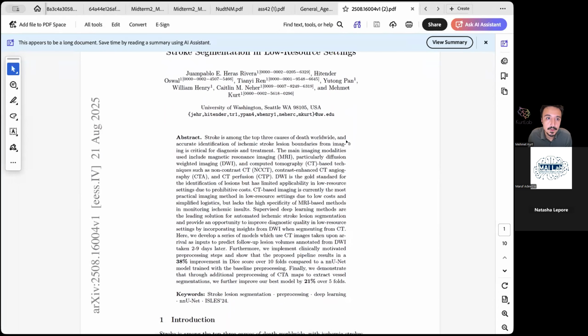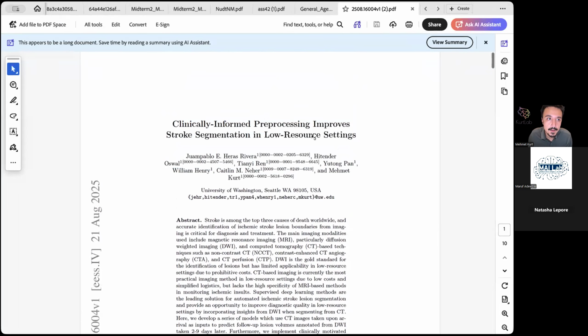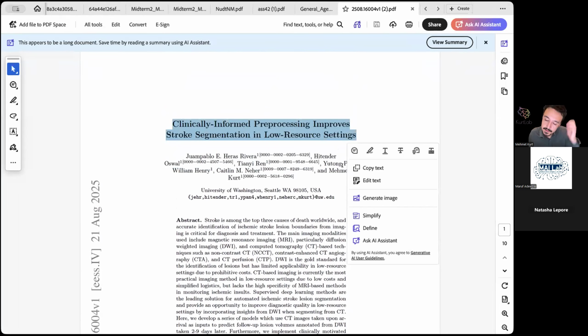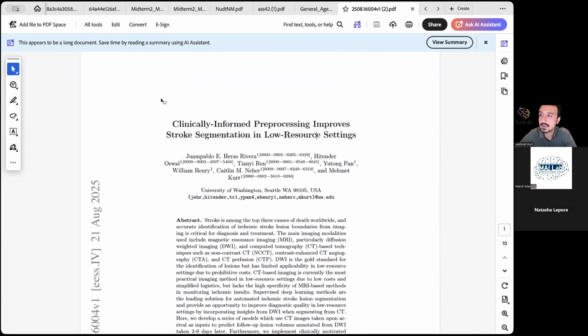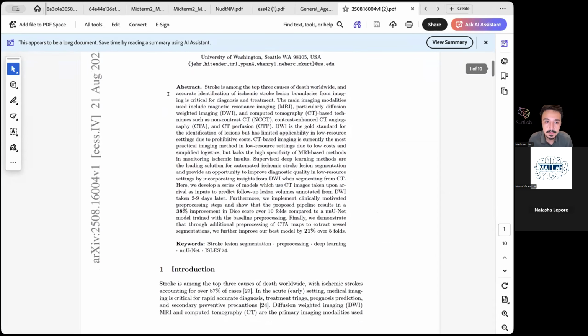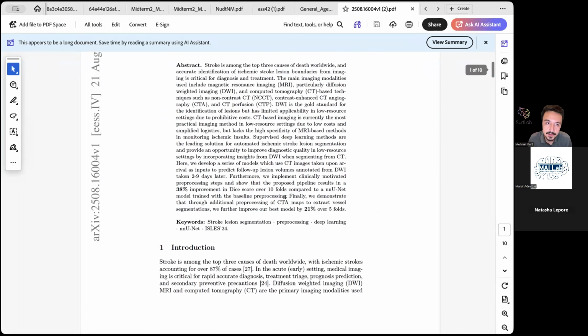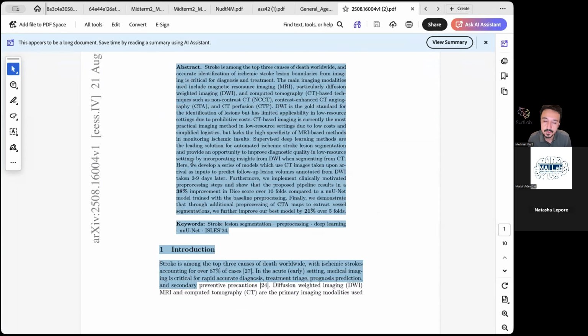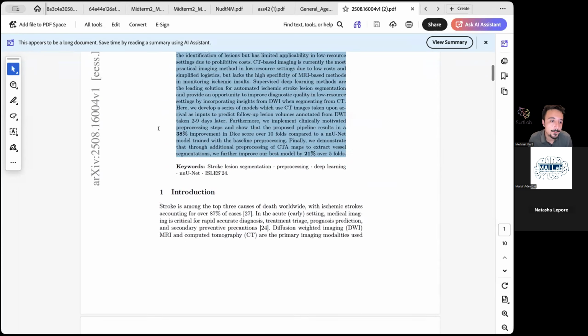Okay, cool. This was a paper focusing on stroke segmentation in resource limited settings. As you see here, you start with an abstract. This is essentially the summary of your work. Try to keep this concise. I would recommend 200 words at most. And then